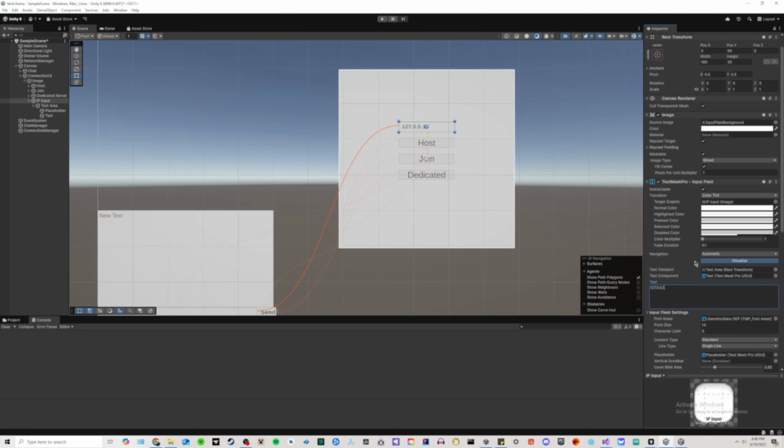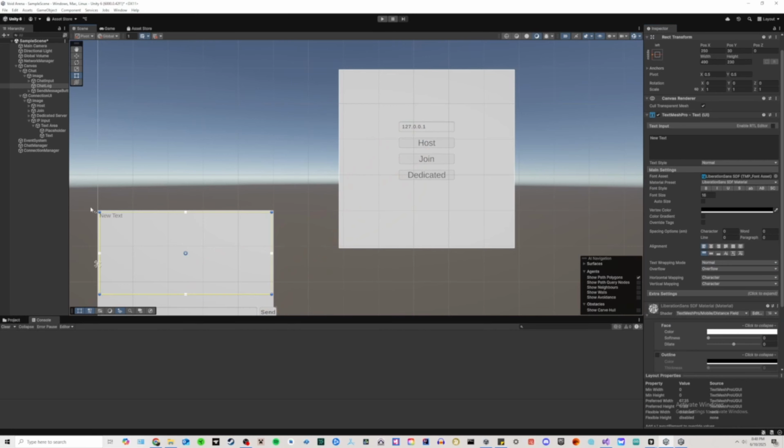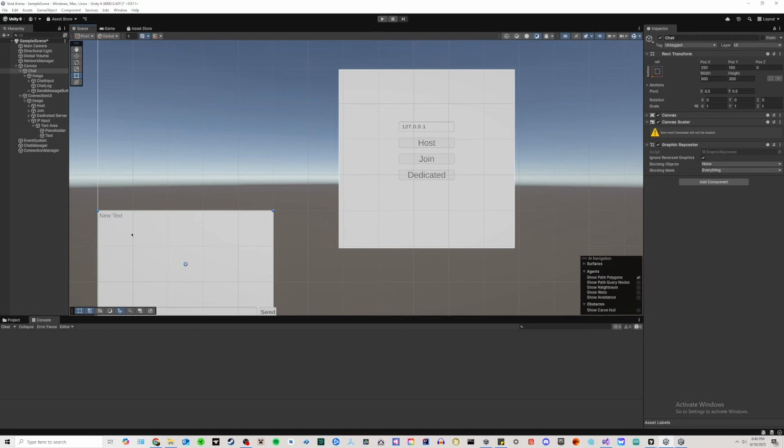Would help if I updated it in the correct location. So there we go. That's our local IP. We already have the local port. This is just an example for people, but if you're testing like I will be doing, it'll be good for being local. One other thing I saw here that I'm going to edit now is this text area